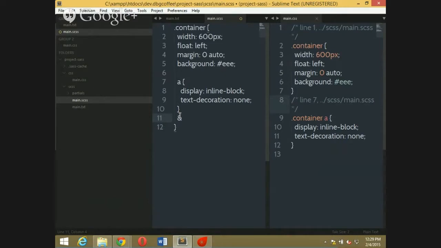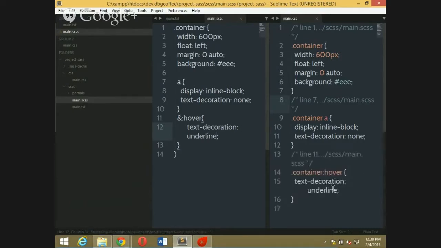Here, if I want to write a hover, just... sorry, I have written it here.